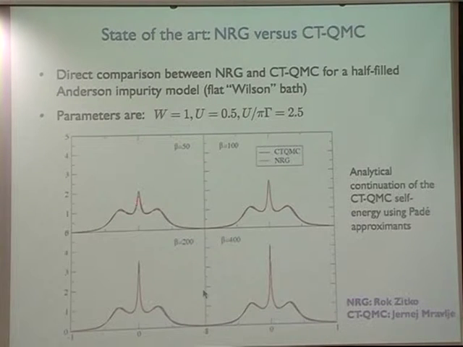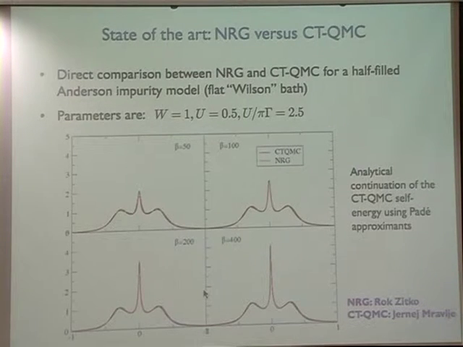Sorry to take some more minutes here. This is a comparison between doing NRG, which was presented by Thomas before, and which gives you information directly on the real frequency axis, and doing CTQMC and doing some Padé on top of it. And you see, I mean, it's not that bad. You can do many things. I was telling you that it's completely impossible to get the Hubbard bands right. Okay, so now you tell me, but look, this works quite nicely. Well, first of all, it's because NRG also doesn't get the Hubbard bands right. This is the first reason, and the other reason is in general you don't do Padé on the Green's function,